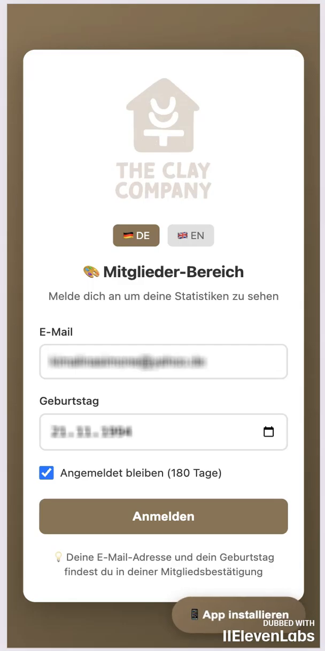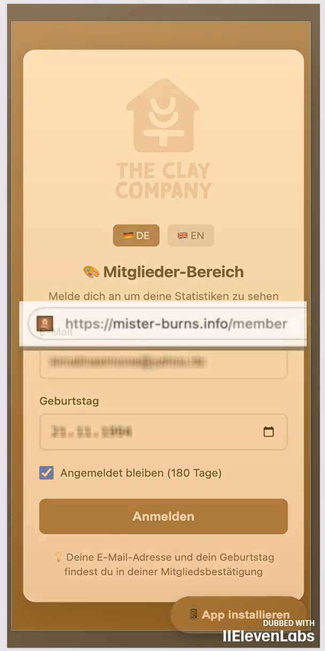I would like to introduce a new tool to you, which will be further developed in the coming days or weeks. It has many small functions and is intended to help you plan your visit to the Clay Company community studio a little better, to pull out some fun statistics, but also to check your 10 visit cards, 5 visit cards, and the basic rates. Under the URL